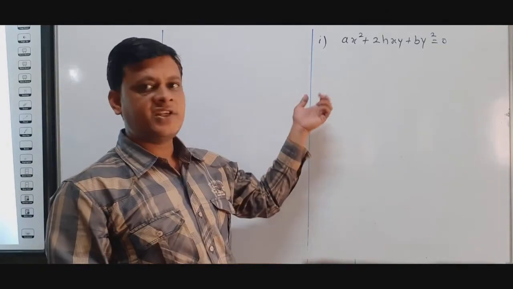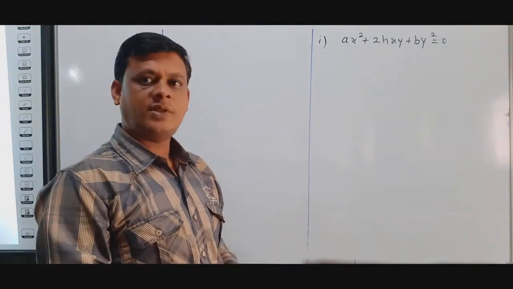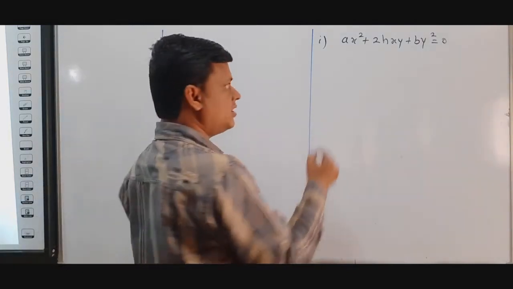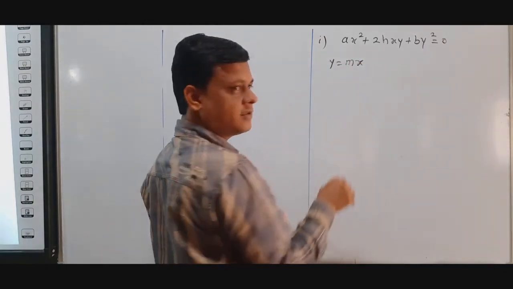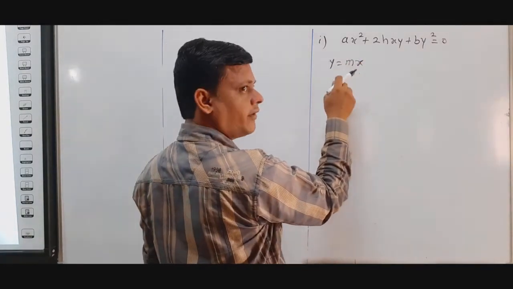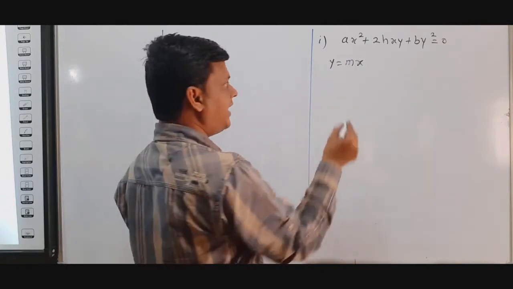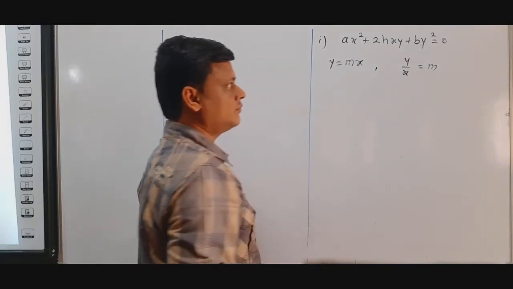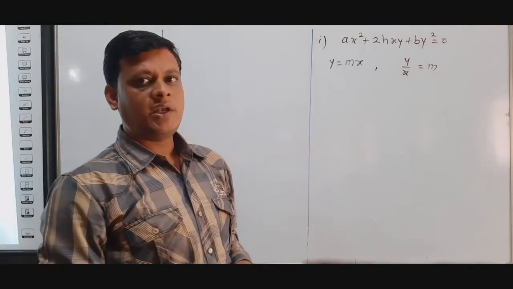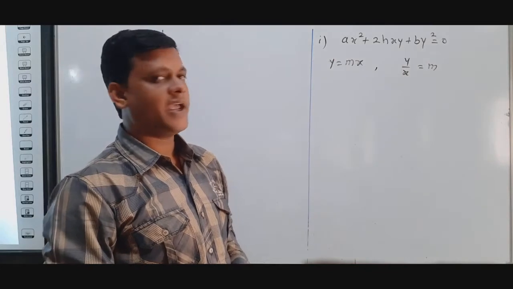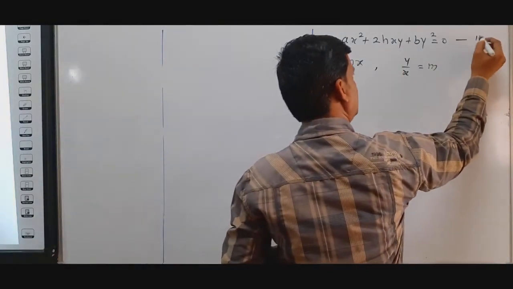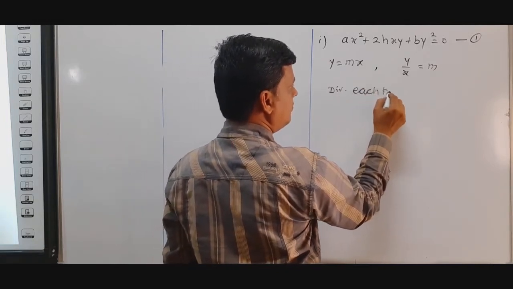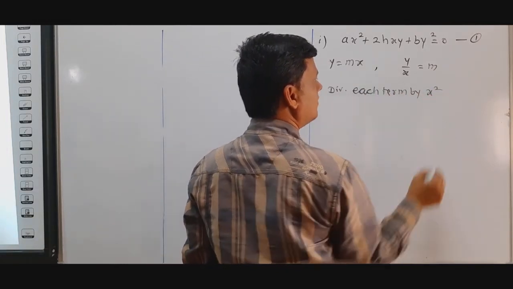Before solving this problem, we see what is meant by the auxiliary equation. We know that the equation of a line passing through the origin is y equals mx. So from this we can calculate the value of m in terms of y and x, that is y by x is equal to m. So for the given equation we divide each term by x square. We denote this as equation number 1. Divide each term by x square